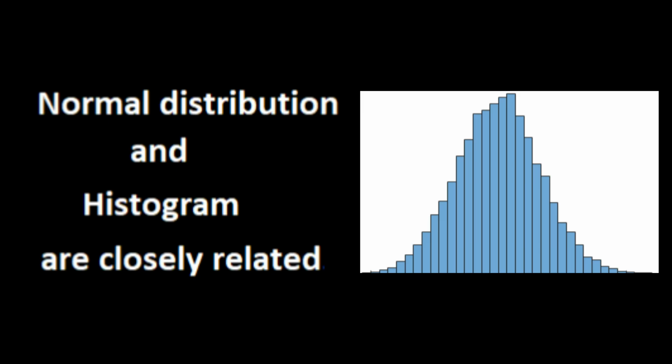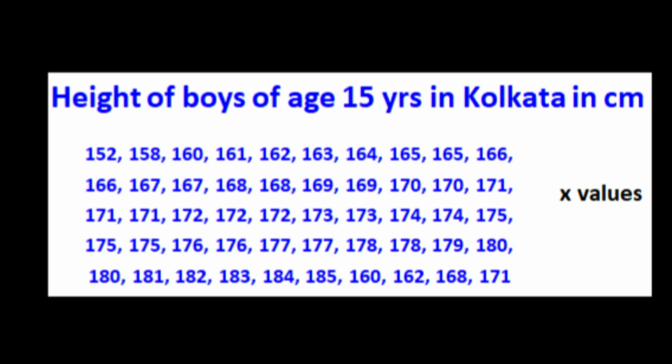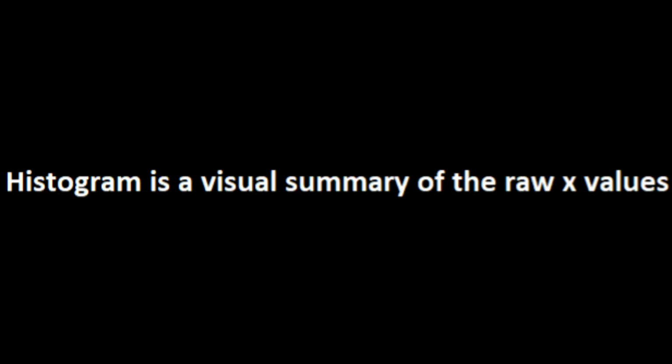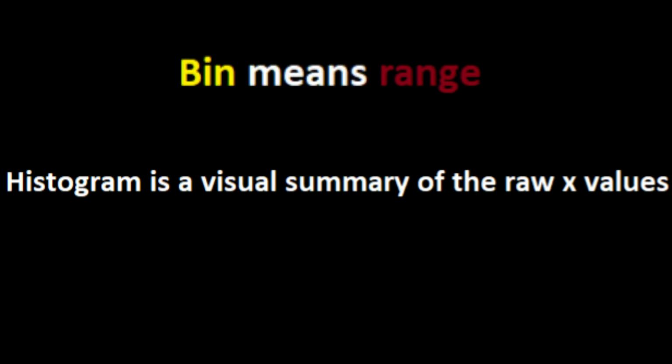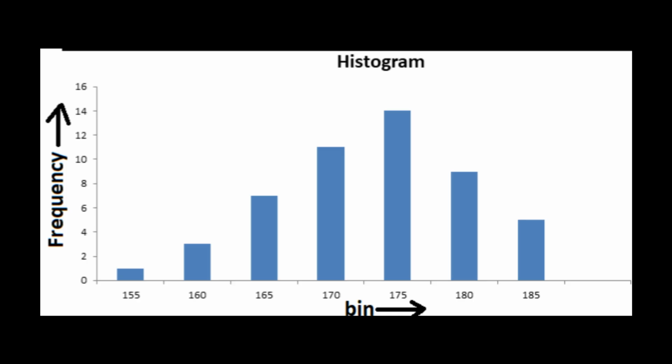Now, normal distribution and histogram are closely related. Suppose we consider heights of, say, 15-year-old boys from a city. A few will be very short, a few will be very tall, but most will be somewhere near the average, say around 175 centimeters. A histogram is a visual summary of the raw x values. It shows how frequently values occur in different ranges, which we call bins. If the data follows a normal distribution, then the histogram will look bell-shaped, symmetric, highest in the middle, tapering smoothly